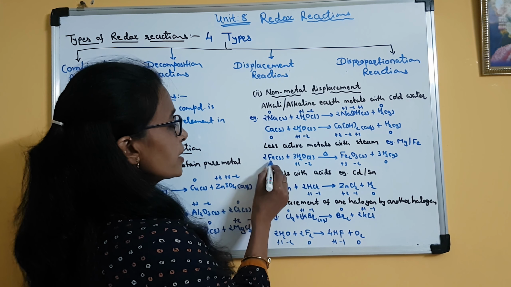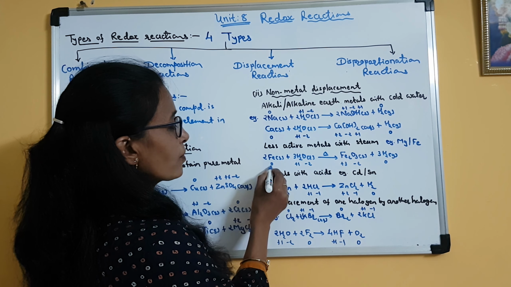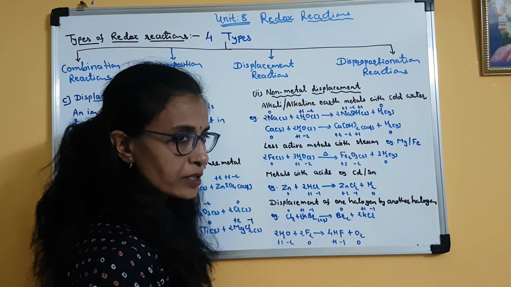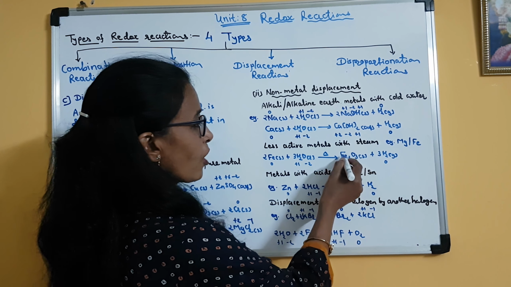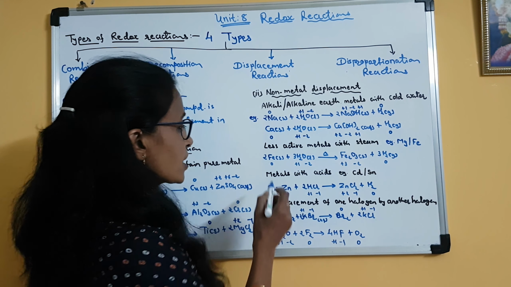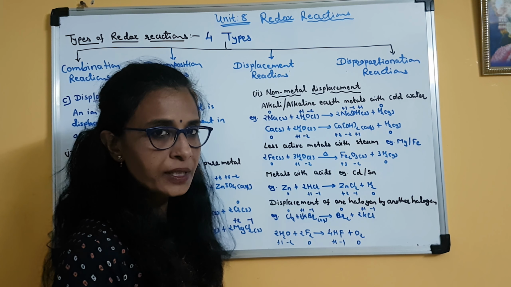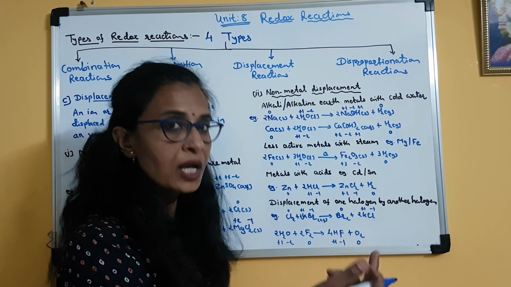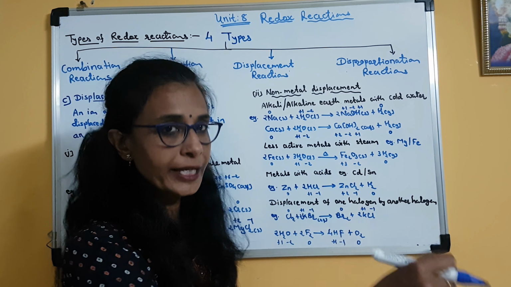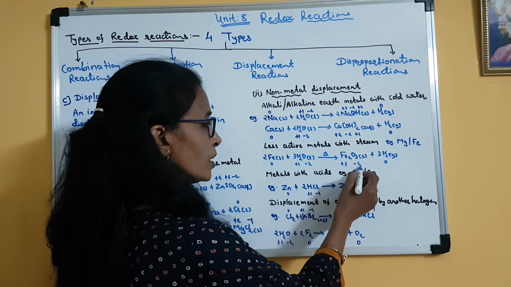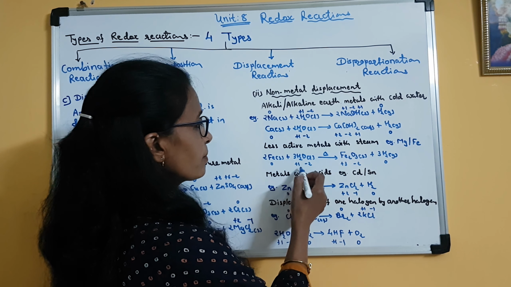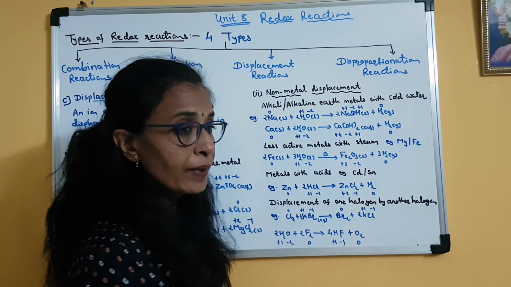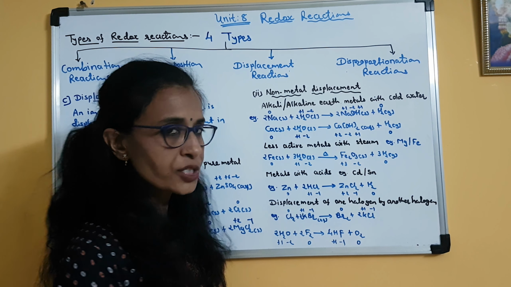Clear? You can see iron here in elemental form is in zero oxidation state. In water, hydrogen +1, oxygen -2. When Fe2O3 is formed, iron is in +3 oxidation state, means there is oxidation of iron. There is increase in the positive charge of iron. So iron is undergoing oxidation, means iron is a reducing agent. Clear? Oxygen -2, it remains same in water as well as iron oxide, and in H2 hydrogen is in elemental form, so it is in zero oxidation state.